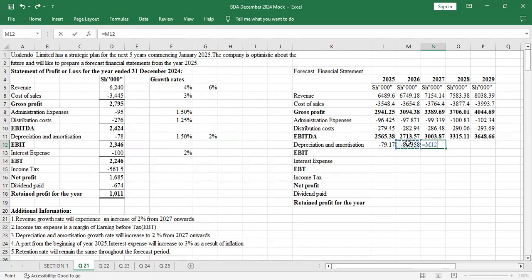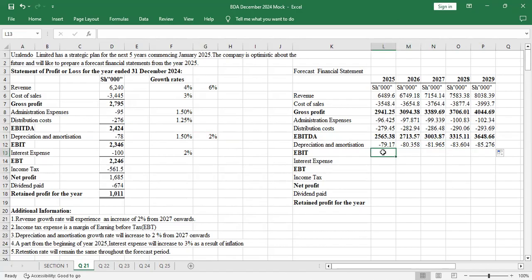Pick that, you multiply by bracket 1 plus 2%, but now I love to lock it because it will be constant all through. So you lock that growth rate of 2% completely. And enter. So once you have that value, you just drag. Those other values will appear automatically.